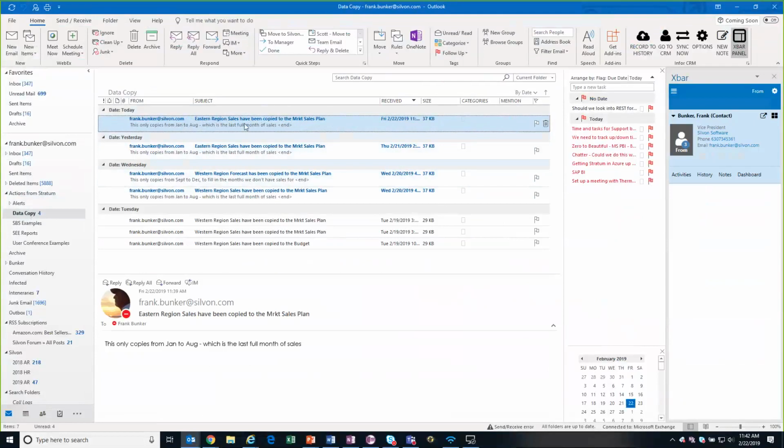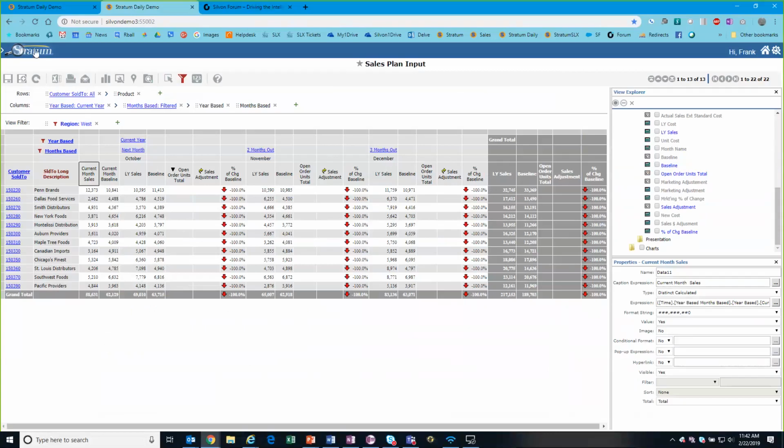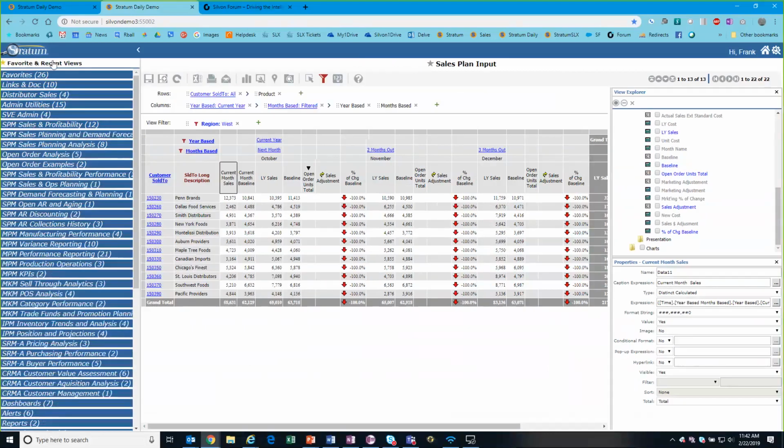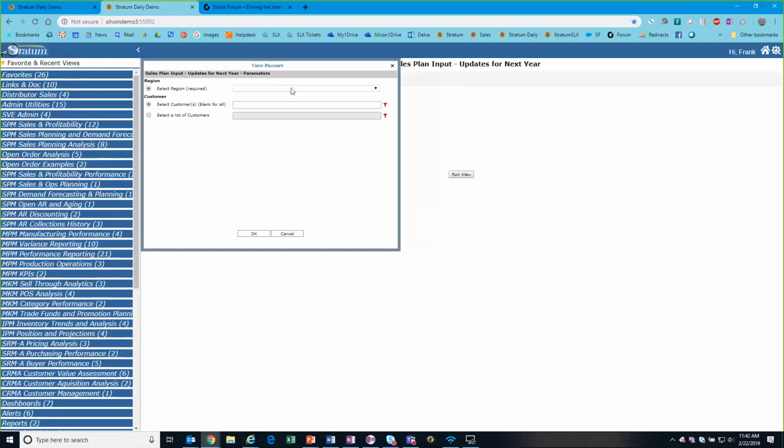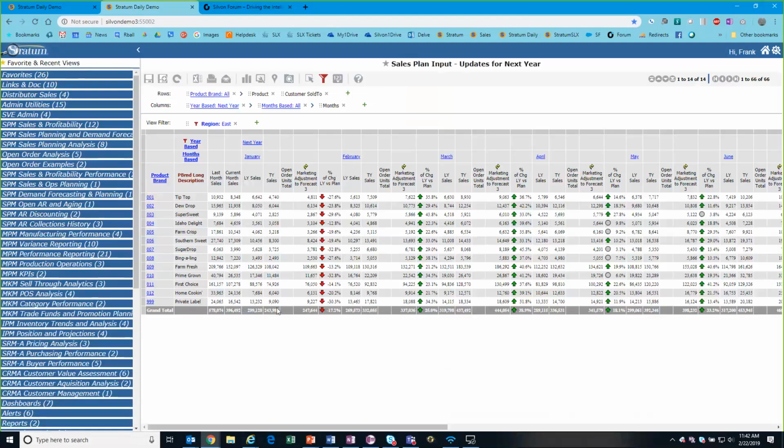But anyways, now I can go back into my view in Stratum that we were looking at. I have this view out here that we've been using. And now I should be able to go into the region and select East. And what we'll see is that now I've got stuff here. This was the sales that were copied. I included this so we could see this year's sales. And you can see this was incremented by X amount, which is, I'm sure, the multiple of